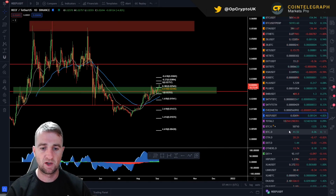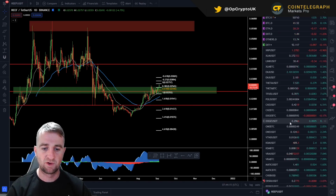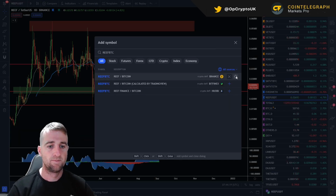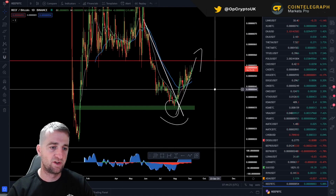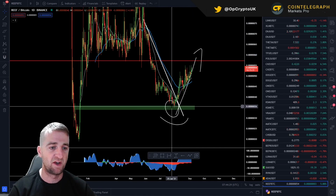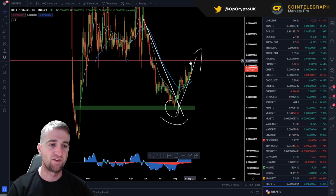Also want to take a look at the Reef BTC pair, and we'll have a look at the Valkyrie. Let's just have a type in. There it is. So currently at 54 satoshis. This is a move that I looked at last time. We obviously had that drop. We're using this area of support here at 35 sats, and we've popped to the upside. This is the first major area of resistance at 57